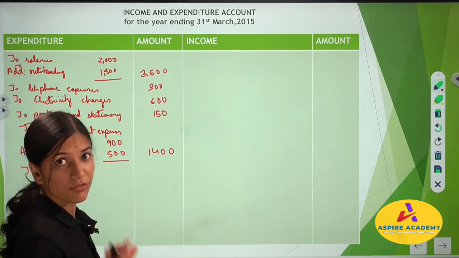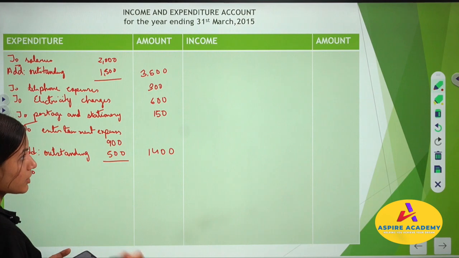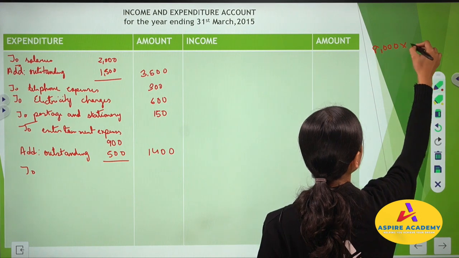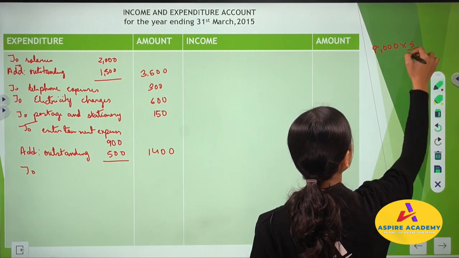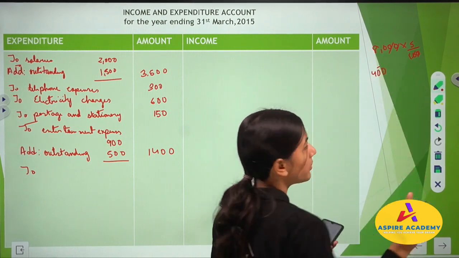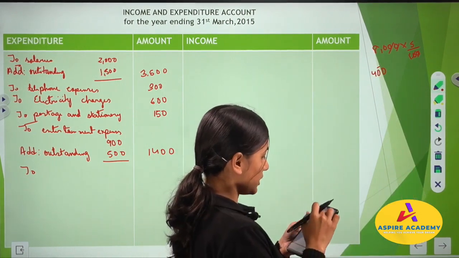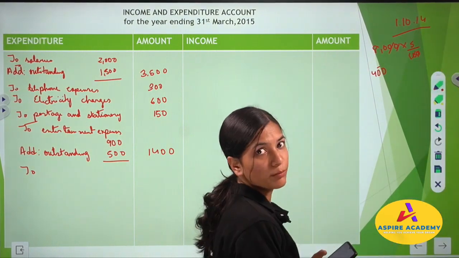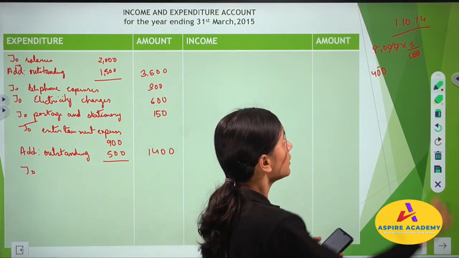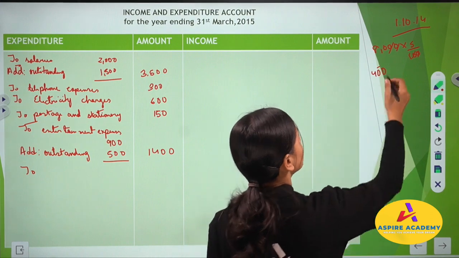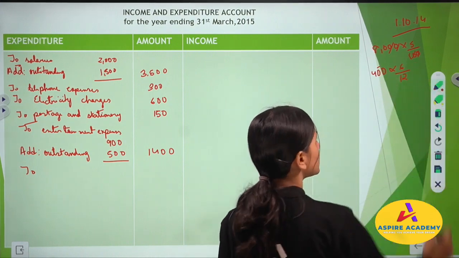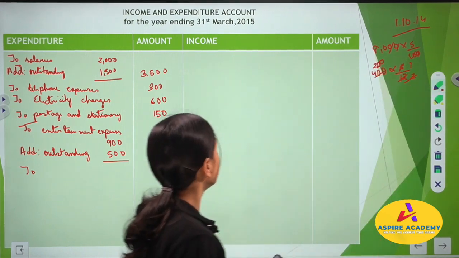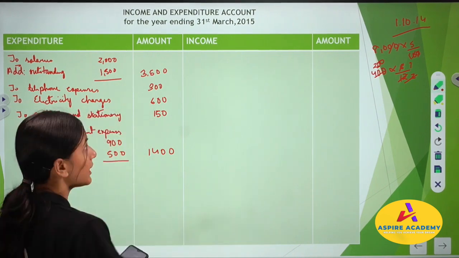Now we have one purchase of 5% government papers, that was of 8,000. So on 8,000 we are going to receive the interest. So the 5% of 8,000 is your 400. But the government securities were purchased on 1/10/2014. So how many months have we invested here? The months will be 6 months. So we are going to calculate it for 6 months only. So this is your 200. So this will be shown on your income side as